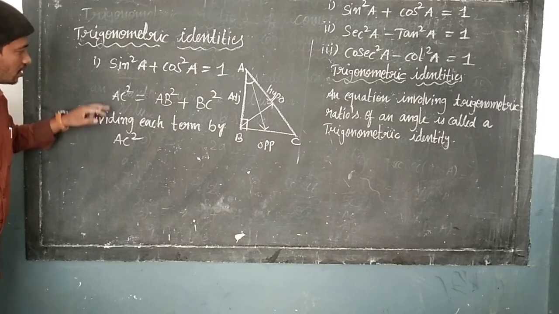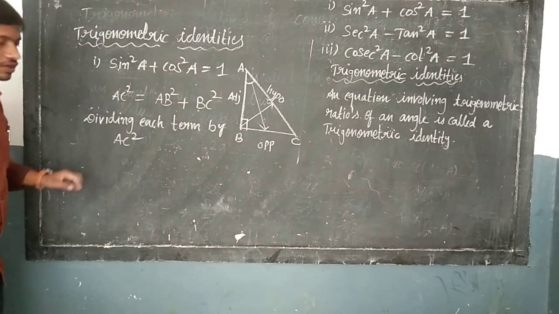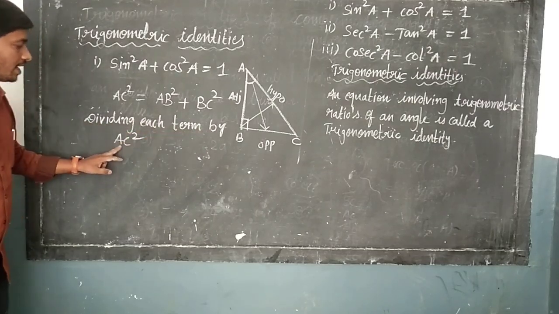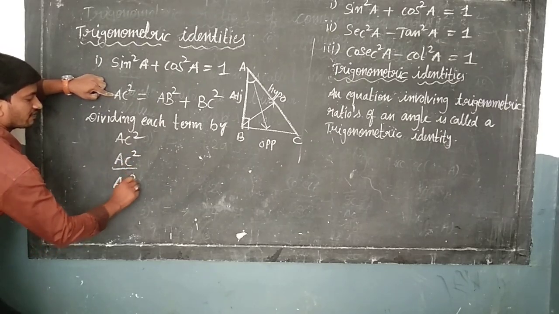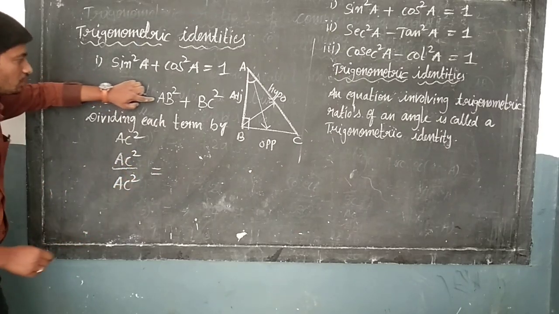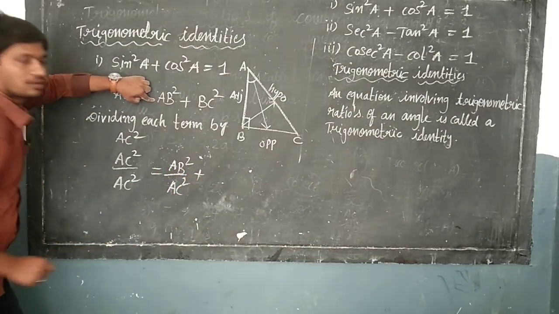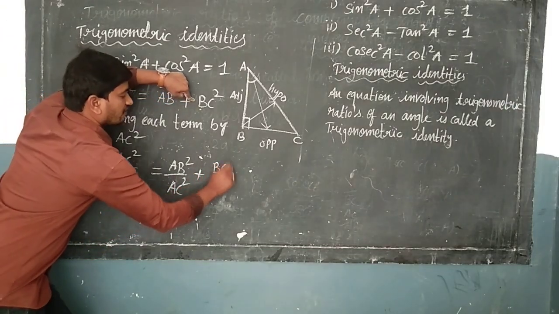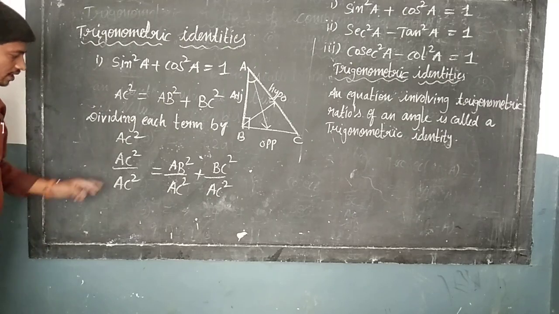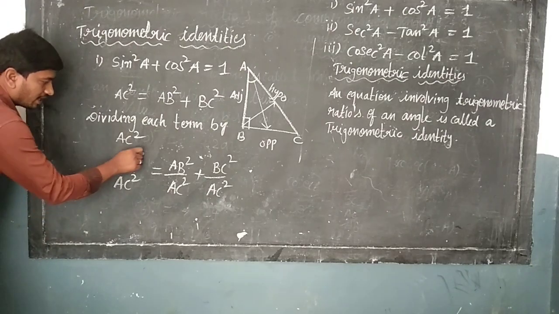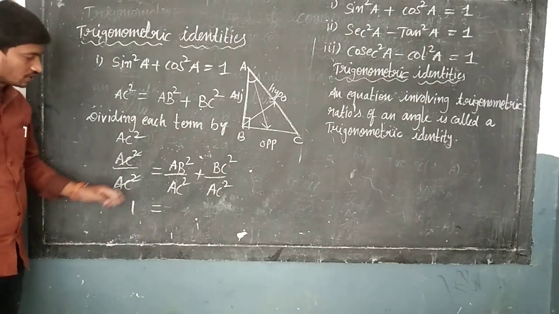This is the equation. What is the equation we got? According to Pythagoras theorem, AC square equals AB square plus BC square. Now we are dividing each term by AC square. See students here, AC square by AC square equals AB square by AC square, again BC square by AC square. Okay, AC square by AC square, I can cancel AC square, I will get 1 equal to here AB square